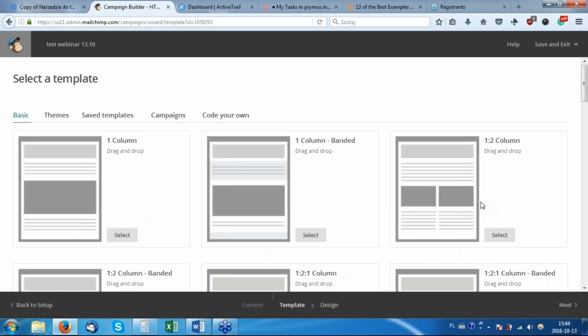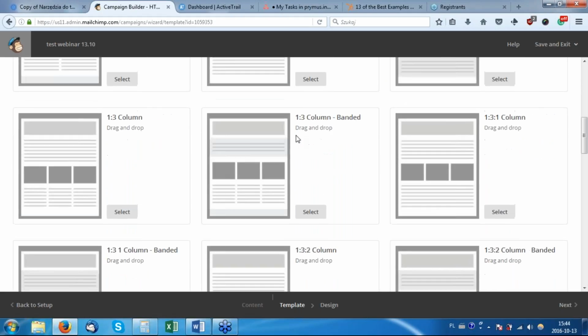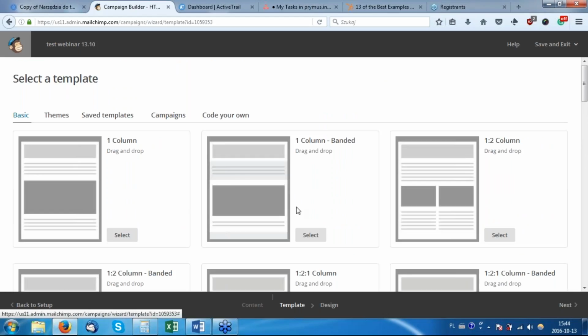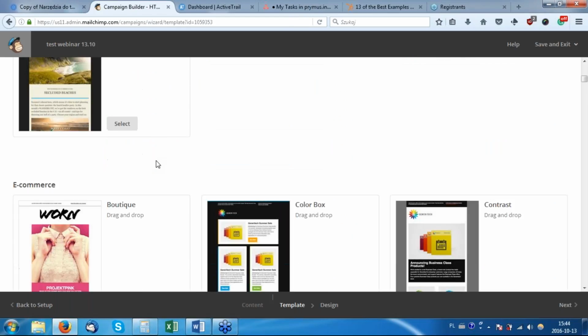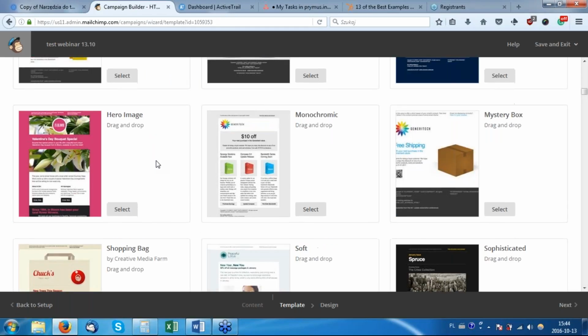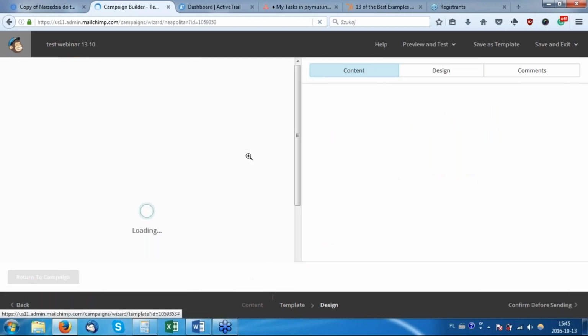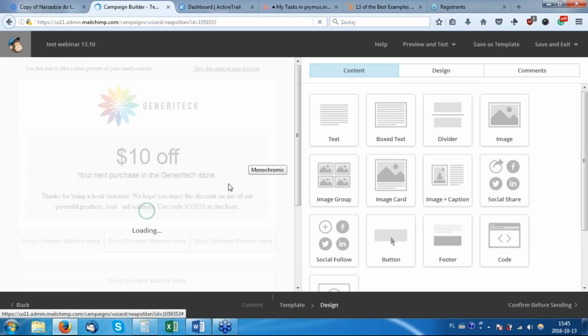And of course, after you're done with settings, you need to create the actual message. Of course, there are a lot of templates that you create on your own. So you have structures that you would like, themes that you would like to select, and then you add your own pictures, logos, information. But you also can use some prepared themes by MailChimp. So simply, you can look for interesting parts. Let's say I would like this. So you don't even have to create this on your own. Just select the template